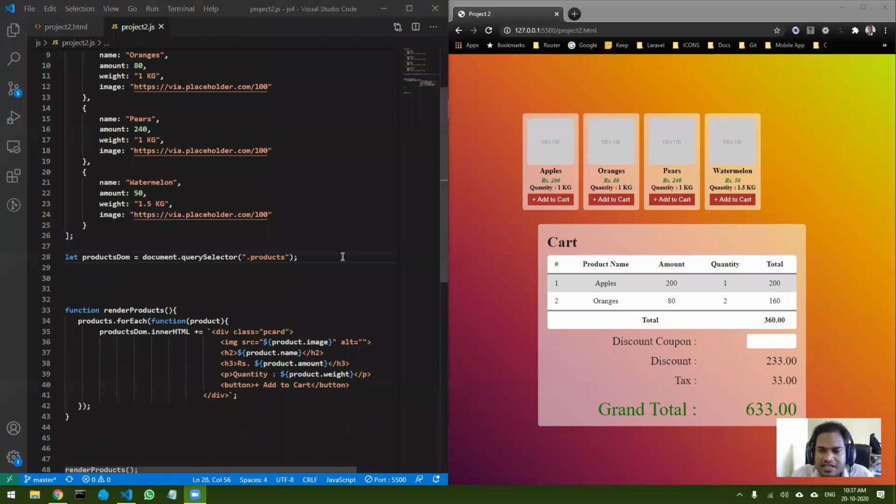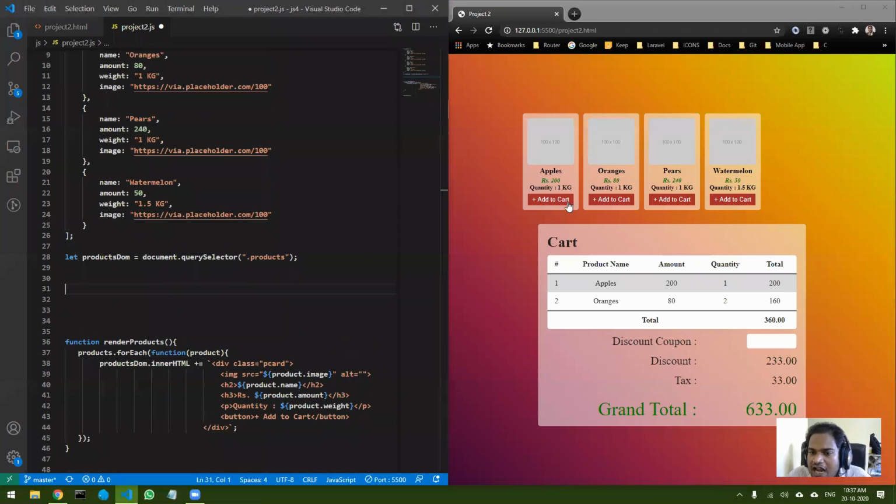The next thing is, I want to add an event listener to add to cart. Whenever I click on this, something should happen. Basically that something is that the element should come to the cart, right? But before that, I just want to add an event listener to this. Can anybody tell me how I can add it?